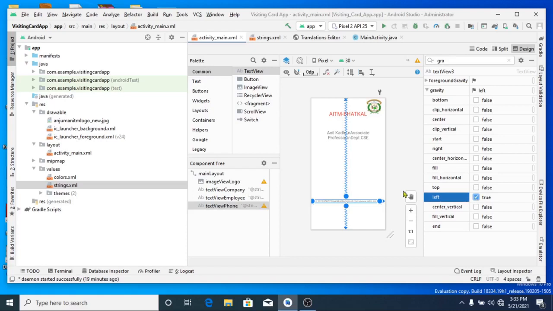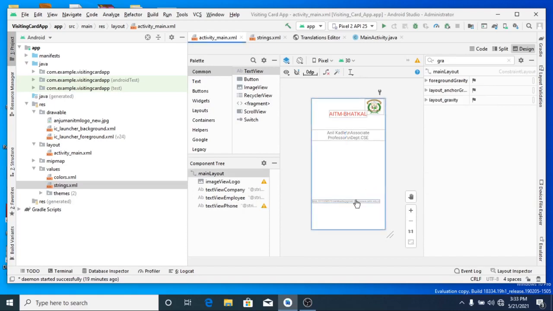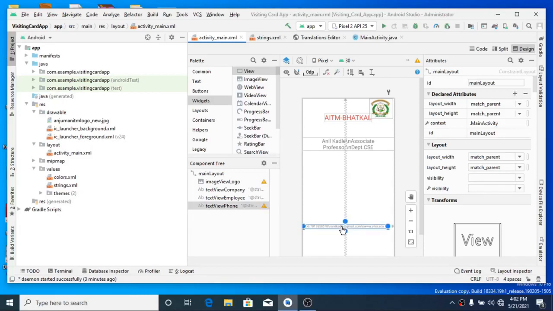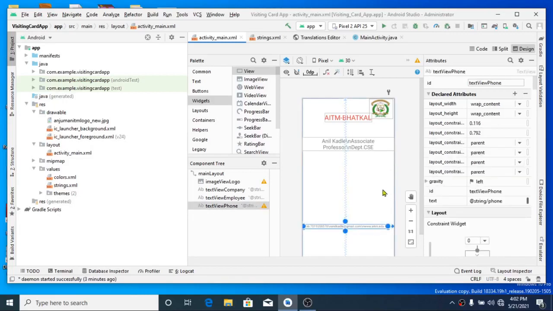Okay, right, then I have made all the required things, but last but not least, I want to bring two horizontal lines, isn't it? Let me bring them. Continuing in the project, there is a last piece of action required here, that is to bring and lay out a line. A line between our title, that is AITM Bhatkal, and the address here, or the name, as well as let us put another line also here. Okay, let us do that.